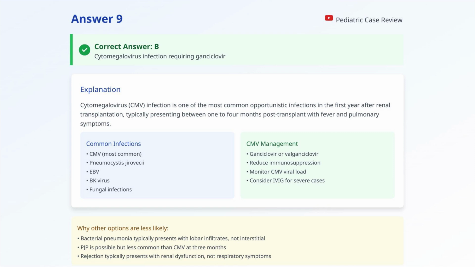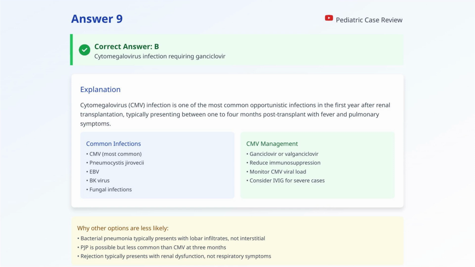Cytomegalovirus infection is one of the most common opportunistic infections in the first year after renal transplantation, typically presenting between 1 to 4 months post-transplant, with fever and pulmonary symptoms. Common infections include CMV, most common, pneumocystis jirovecii, EBV, BK virus, and fungal infections. CMV management includes ganciclovir or valganciclovir, reduction of immunosuppression, monitoring CMV viral load, and consideration of intravenous immunoglobulin for severe